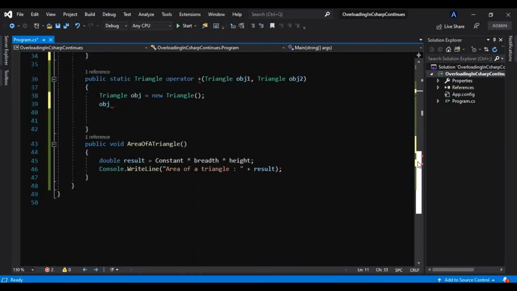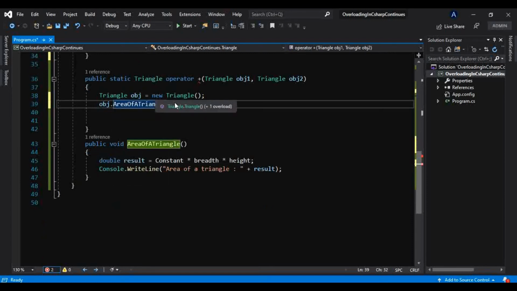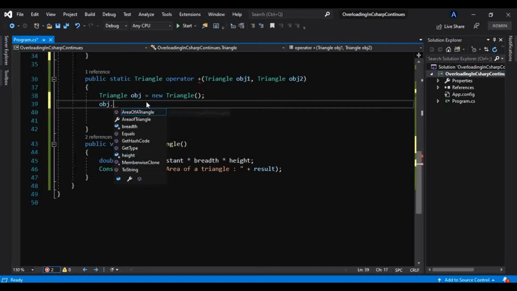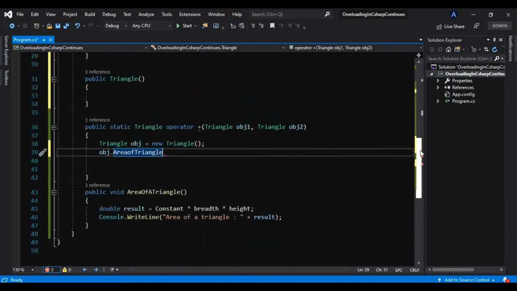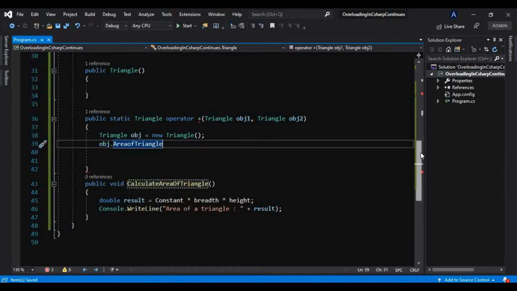And for that, we know the object has AreaOfTriangle as a property, and this area of a triangle is a method name, nothing but a method name. So we will change that to make some variation between our property and method: CalculateAreaOfTriangle. Okay, it should be something like this.